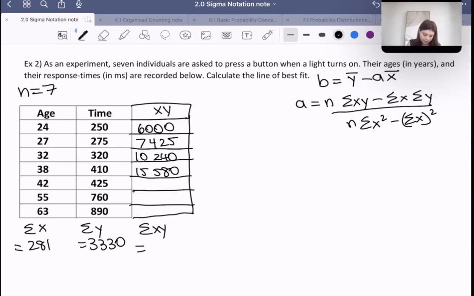And then 42 times 425 is 17,850. 55 times 760 is 41,800. And then 63 times 890 is